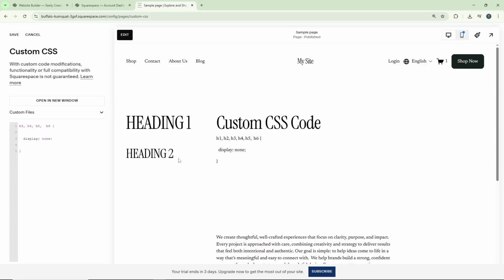Once you've made any necessary edits to the code, click Save. Squarespace will apply the changes immediately, and your selected header text will now be hidden from view on your site. And that's it. You've successfully hidden header text in Squarespace using custom CSS, giving you more control over your site's visual